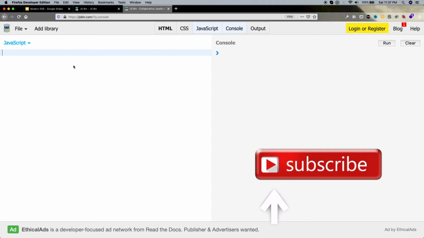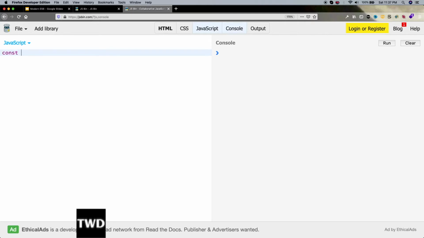And now we will see what maps are. const mapObj, and we declare a map by new Map.